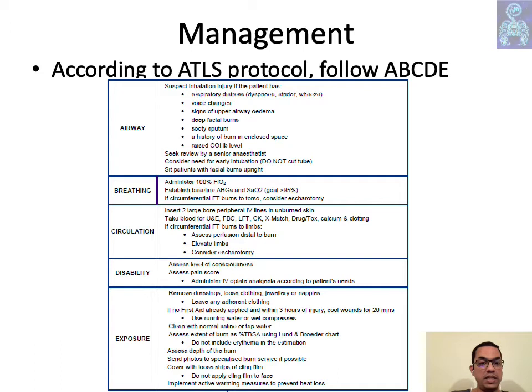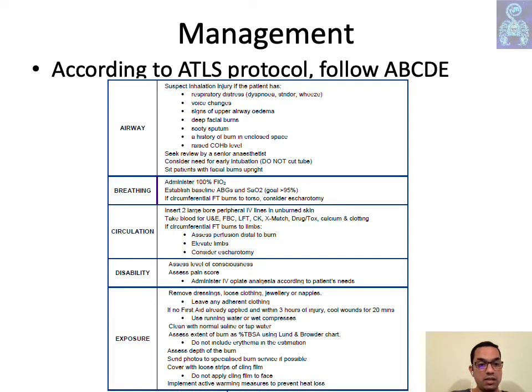To assess breathing, you will check for chest movements and do a mini respiratory examination. Typically in a burns case, you'll look at the torso: if there are full thickness, deep burns circumferentially involving the torso, then it can hamper the breathing, so you'll need to do escharotomy in these cases. As in any other case, you'll provide 100% FiO2, high flow oxygen to the patient, and simultaneously look at the saturation, and you can collect samples for